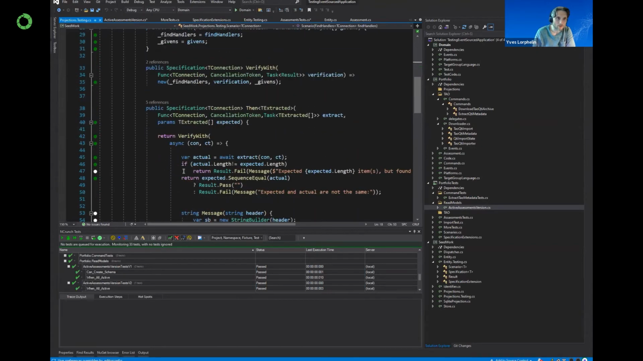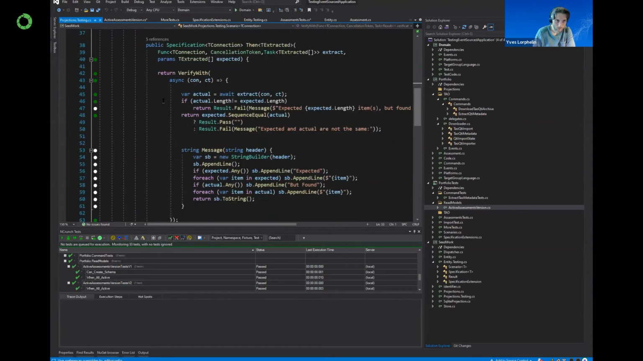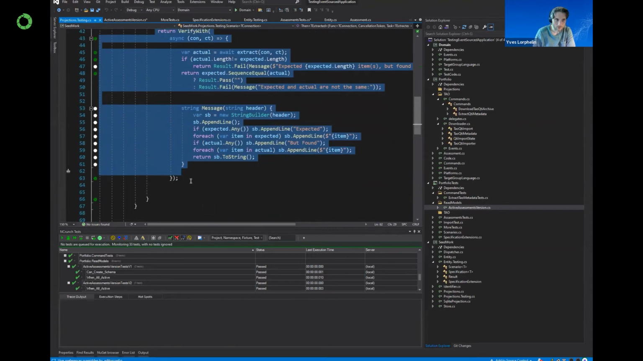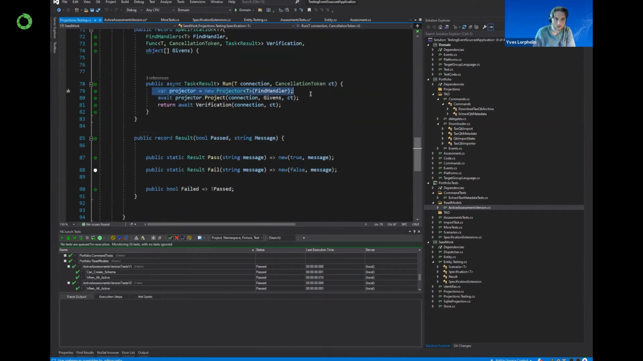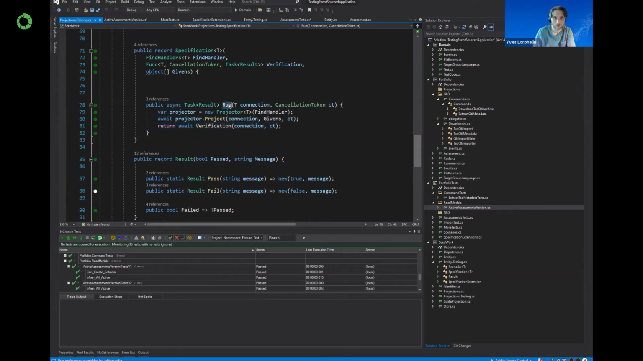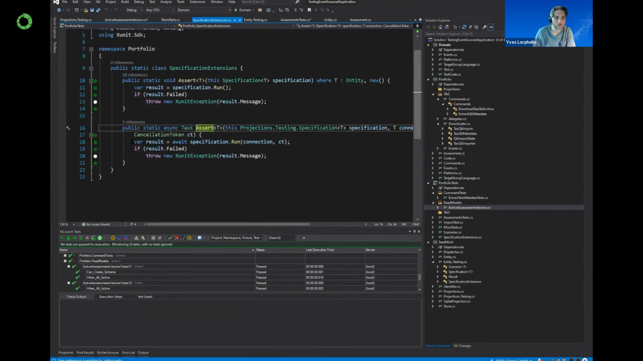When I'm saying then, I actually create something, a function, which is a specification. And this is just a function. It's not run at that moment. It's only run when I actually start the projection host, I'm projecting to it, and then I run the verification process. So it's only when I run it. And in this code, I run it when I'm doing my assert,